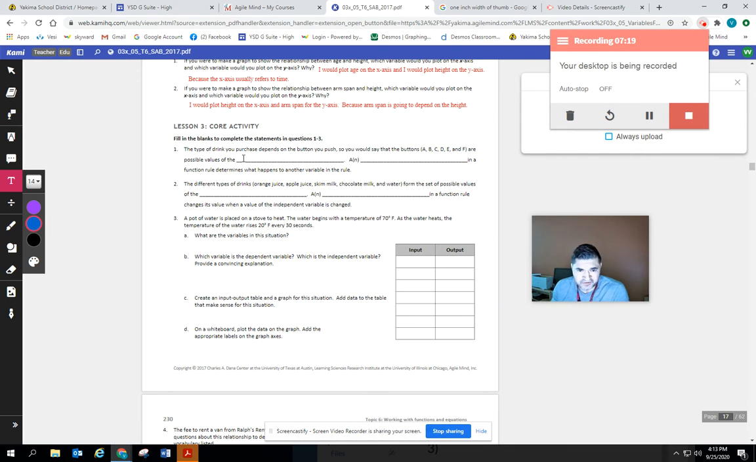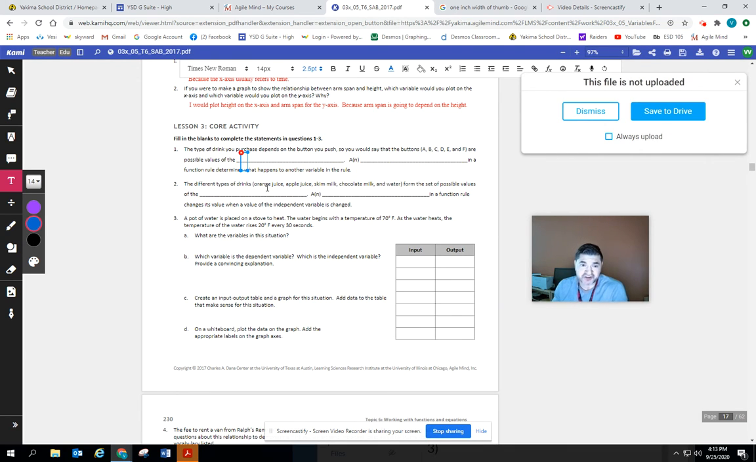So let's go ahead and answer these questions. These questions should be in your book. It says here, fill in the blanks, complete the statements in questions 1 through 3. The type of drink you purchase depends on the button that you push. So you would say that the buttons A, B, C, D, E, and F are possible values for the,